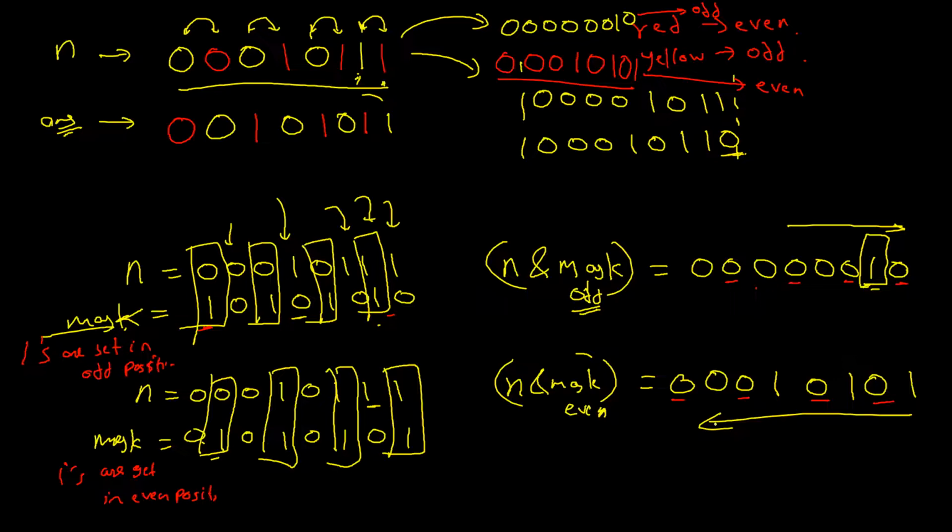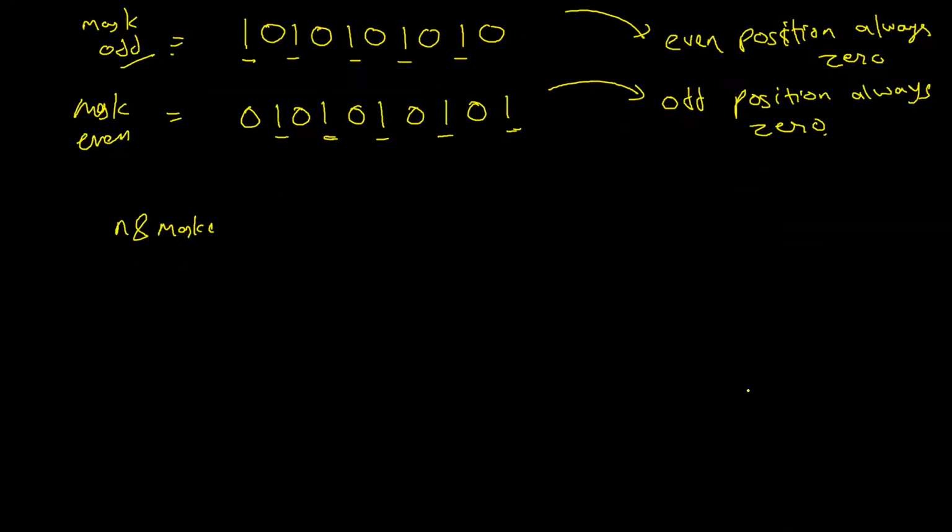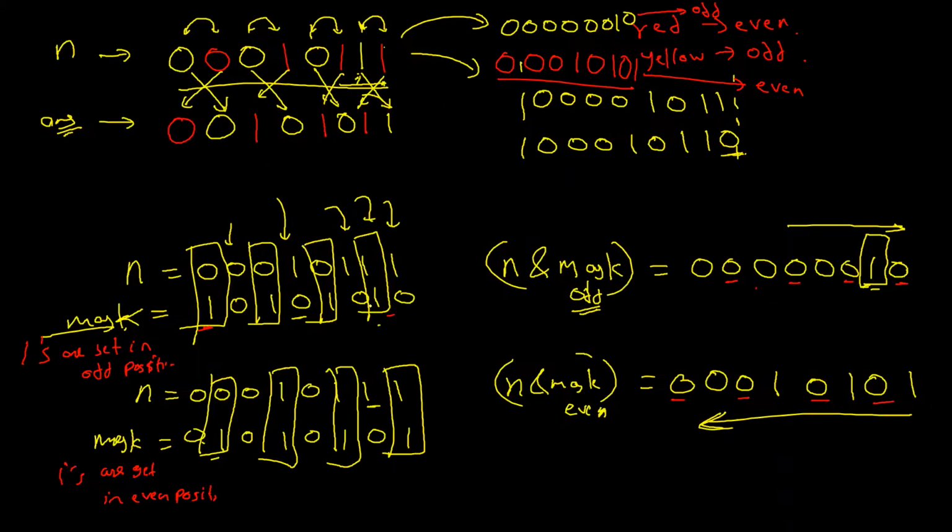Now what I'll be doing is I'll be left shifting this, क्योंकि मुझे even को left shift मतलब even positions को left करना है, right? You can see that kind of left हो गया ये सब, right? And odd को right करना है, correct? You can see this thing. This is called swapping, right? Even को I'm shifting it towards left, and odd को I'm shifting it towards right, and then, ठीक है? Now think of this thing. Now n & mask even करूँगा, right? I got a value that is 3 zeros and alternatively,